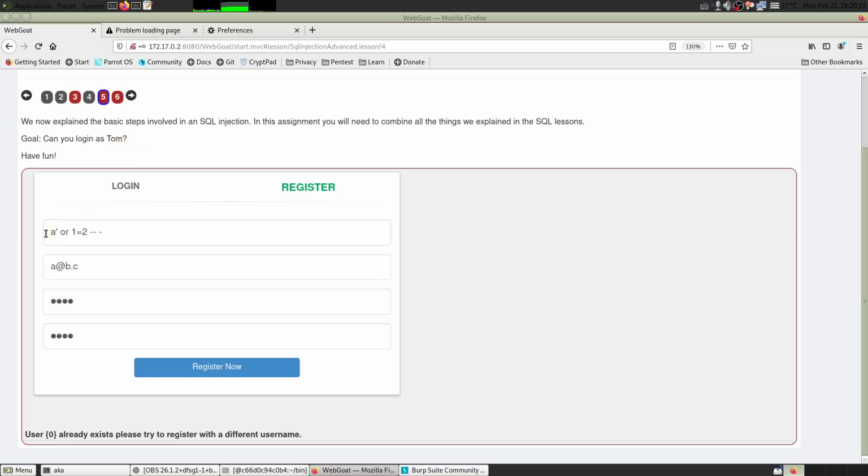So I am giving something else here which should not be present as a username. If this is not present as username, then this becomes false, and this is already false. So false and false should be false, which means that this user should not be existing anymore, right? Let's click on register now and see what happens, and we can clearly see that this user is created,